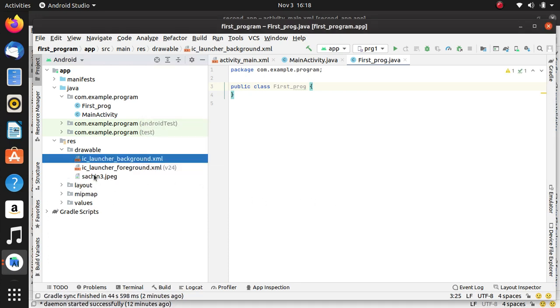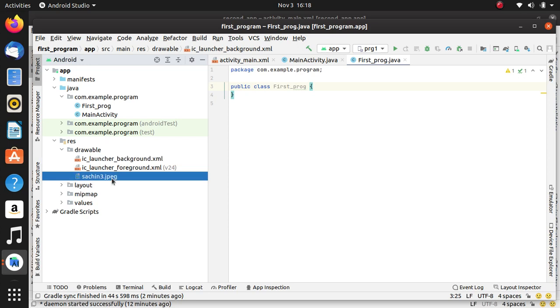Remember that the file name should not contain capital letters, and it should not be saved as v24. Now you can see the file is added in the drawable folder.